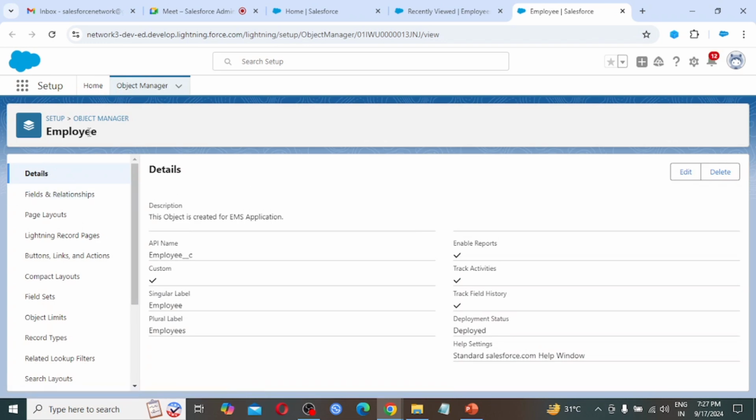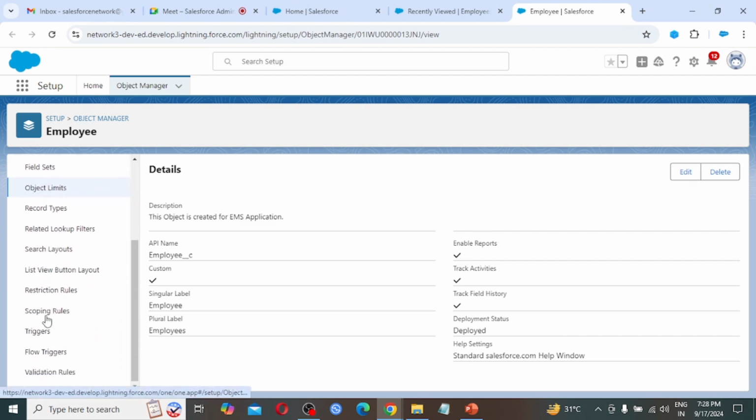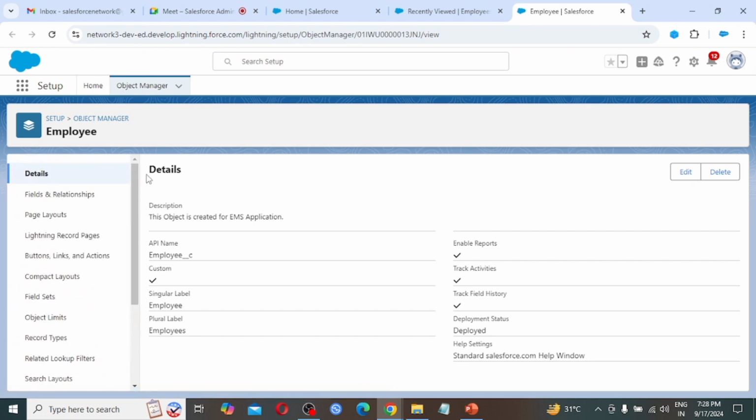For the employee object, or for any object, from the object manager we have to search for the object, then its details are given over here in the left panel. As we created yesterday, we gave the description: this object is created for the EMS application.